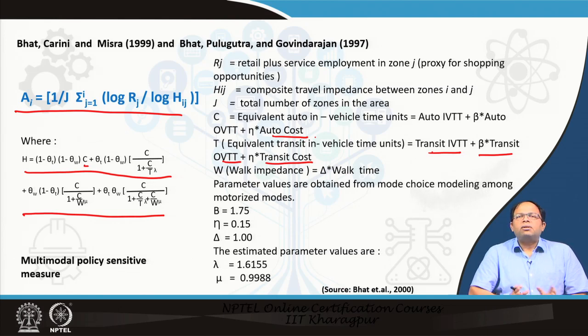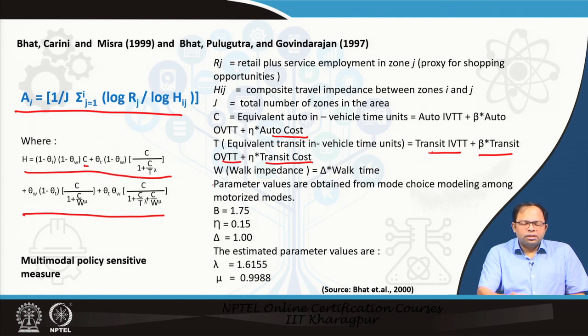There we break the travel time into in-vehicle travel time, that is the time spent within the particular vehicle, then the access time, that means you have to go to the parking to get your car, so that is out-of-vehicle travel time, or for transit you have to walk to the stop, and then the waiting time at the stop. All these times actually play a role. So, when you break this variable of time Tij into so many components, for car, for transit, and then walking,